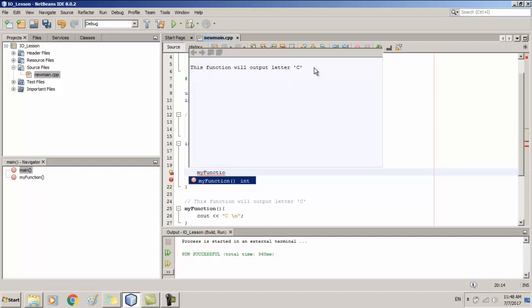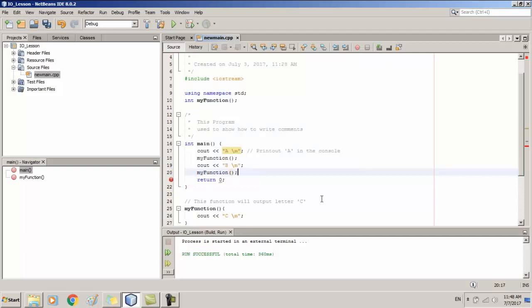So the quick suggestion says this function will output letter C. That is the exact thing I had written about the my function.